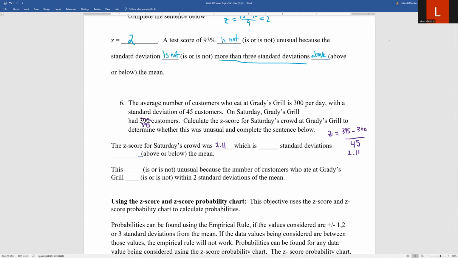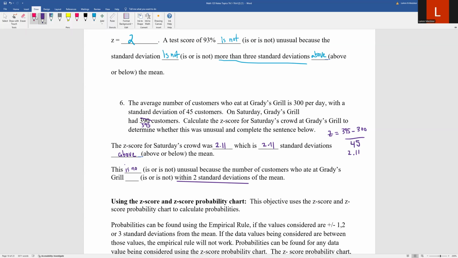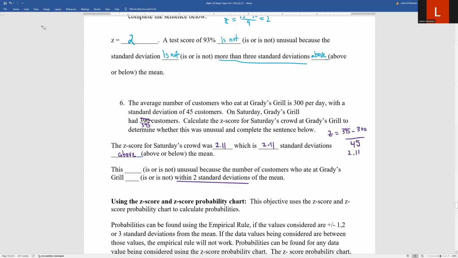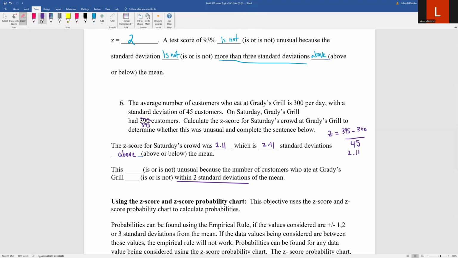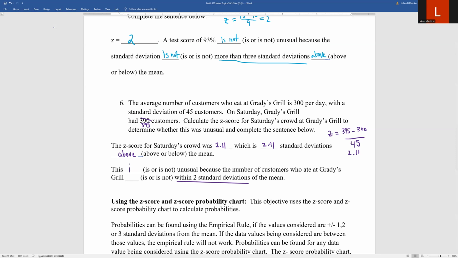Now I need to look at what they're talking about. They said as long as we're within 2 standard deviations, we are going to be okay. So this is 2.11 standard deviations above the mean because it's a positive z-score. This, I would say, is not unusual, or actually, no, it is unusual. Sorry, because they said we need to be within 2. We're actually further out than 2. Trying to talk and write. So this is unusual because the number of customers who ate at Grady's Grill is not within the 2 standard